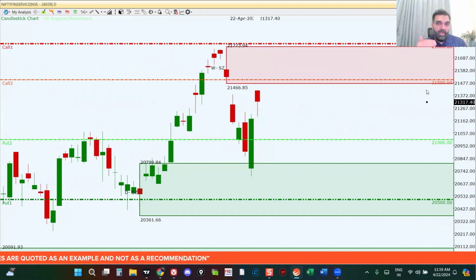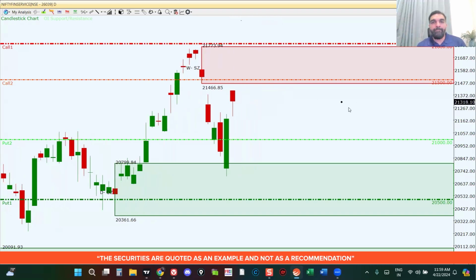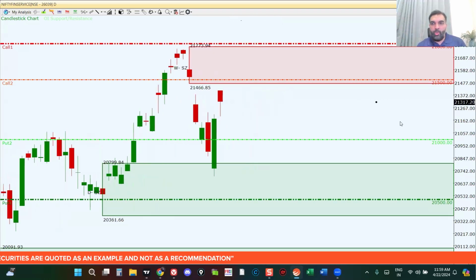So if all the markets do tend to get into this upper supply level, then it will be interesting to see whether all markets either fall down or then they start to push to the upside. But for this week, based on the open interest levels, it's seen at the moment right now that 21,500 is going to be acting as a strong resistance, and 21,000 is going to be acting as a strong support for the market.